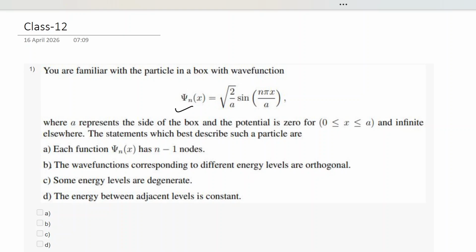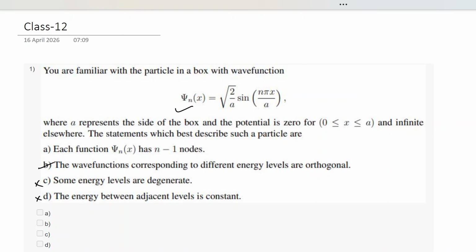That you already know will be correct, because different energy levels correspond to eigenfunctions which are orthogonal, because that is the basic property of this kind of eigenfunction. Okay, and then number C, some energy levels are degenerate. For a 1D particle in a box problem, there is no degeneracy, so this will be false. And the fourth is that the energy between adjacent levels is constant, which is also false, because